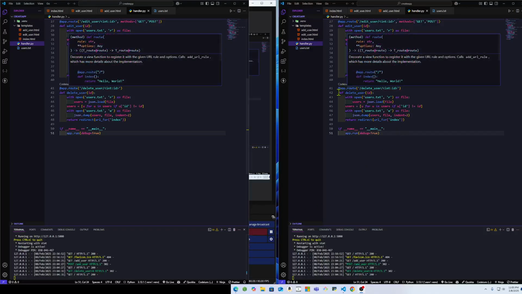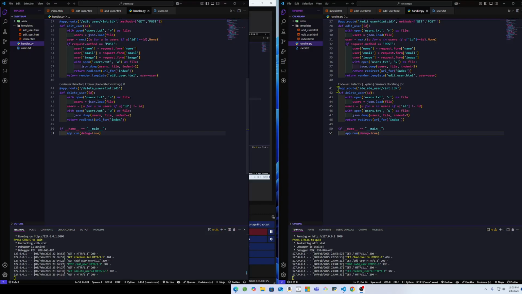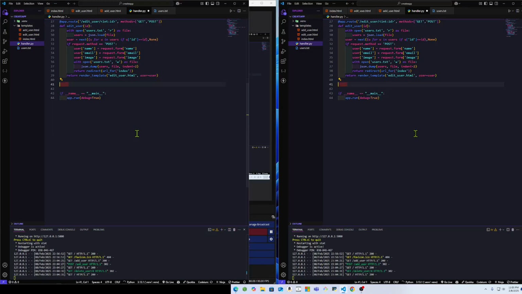In this video we're going to start the delete functionality of our CRUD app. Having finished create, read, and edit, now we are on the last function, that is delete. So the code goes like this: